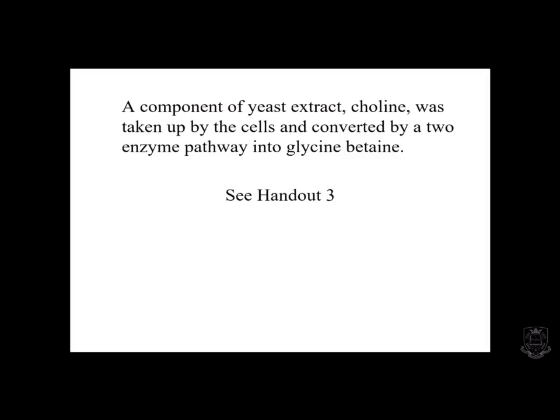Okay, so we want to turn to the third of the handouts today. And just the top diagram we're interested in at the moment, which is showing you the very simple pathway from choline to glycine betaine. There are two enzymes involved, but the glycine betaine aldehyde is fairly unstable, so it doesn't really exist for very long. So the choline goes to glycine betaine aldehyde, and then immediately is transformed into glycine betaine. But you can see it's a very straightforward pathway, not many steps in it. And so again it will be the energetically cheapest way to produce glycine betaine.